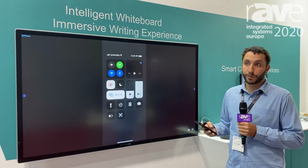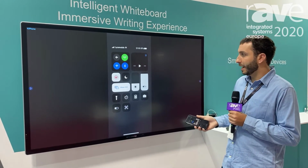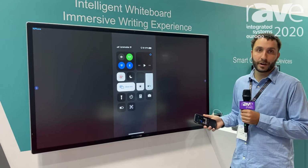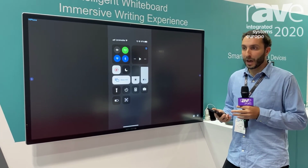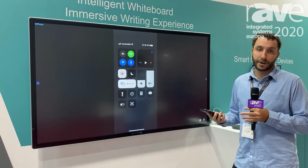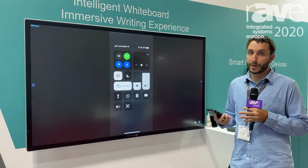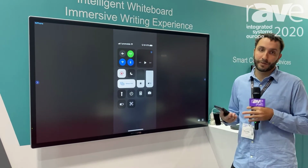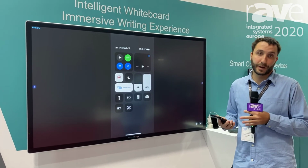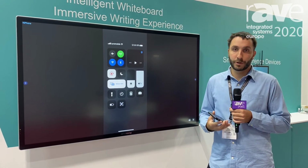Using EShare, you can support up to 9 different devices. So when they're all connected together, you'll see them in a grid on the screen. And this can really allow you and your team to get on the same page. You could picture a scenario where multiple employees have different content that they want to share in a meeting. And using EShare, these can all be placed up on the screen for everyone in the room to see and to collaborate together with. So that's just one of our many features that we support through our interactive flat panel